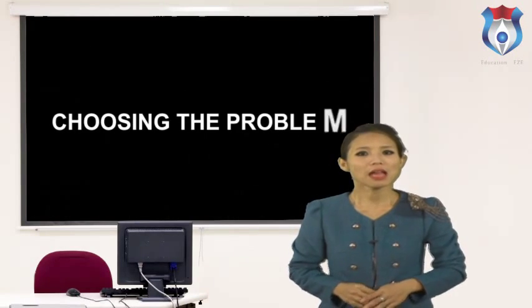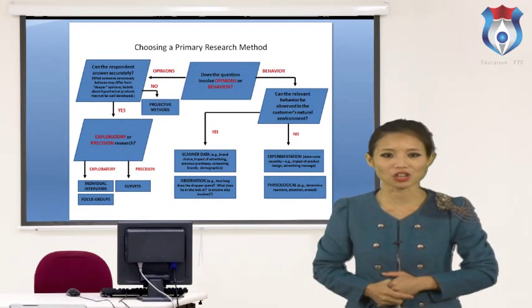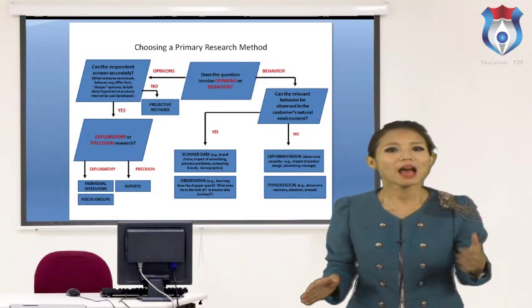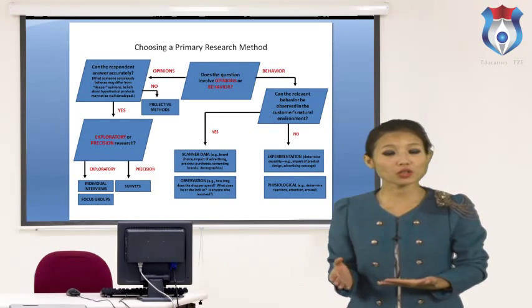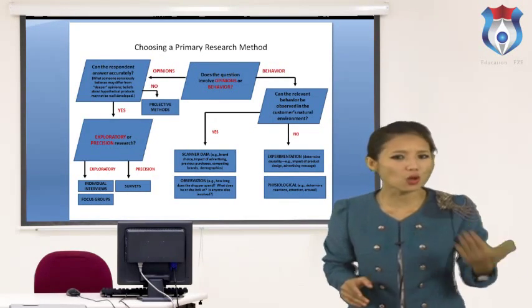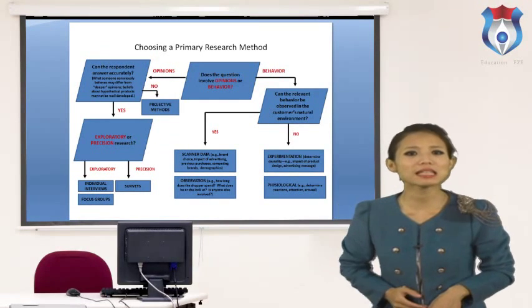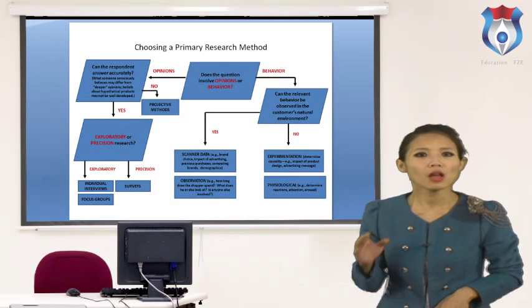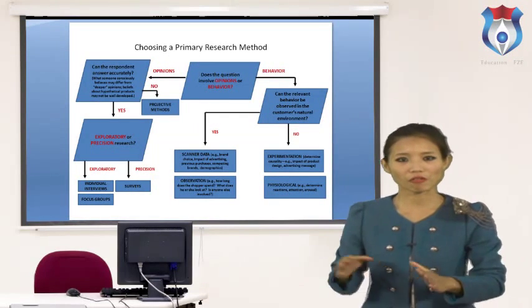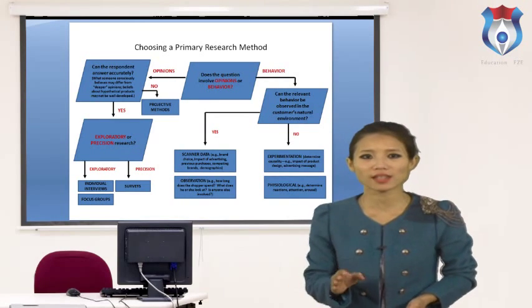Choosing the problem. The selection of a problem is the first step in research. The term problem means a question or issue to be examined. The selection of a problem for research is not an easy task; it is itself a problem. It is least amenable to formal methodological treatment. Vision and imaginative insight play an important role in this process.